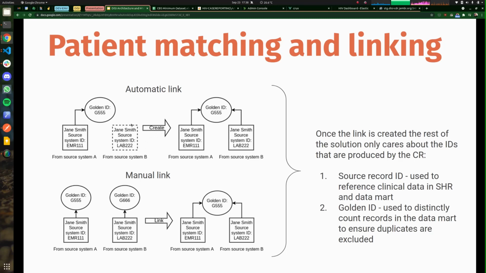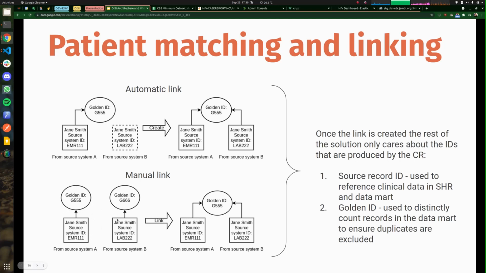What will happen is on the create of that patient in the client registry, they'll then be linked under the same golden ID, but the two source records will still exist. So if there's minor differences, like maybe a misspelling or something, those would still exist as separate records, but grouped under this golden ID. And the other way that it can be linked is if they are created individually,